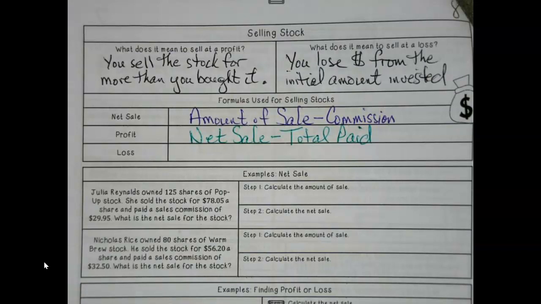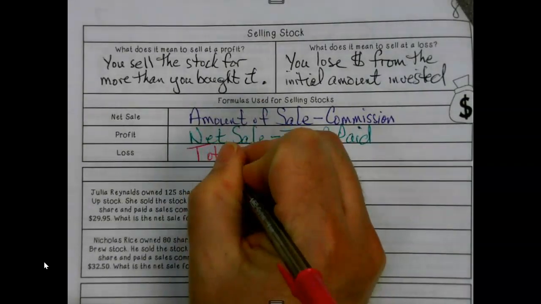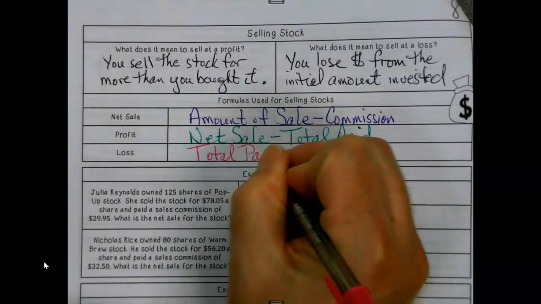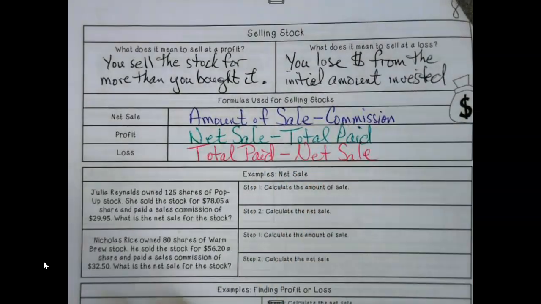So here's where it gets a little more complicated. It's not just, I bought the stock for 85, I sold it for 90, I made a $5 profit on each share. Now I got to go back and I got to see, well, wait a minute. How much did I pay for the commission when I sold? How much did I pay for my stock and my commission when I started? Did I still make money now? Did I just make less, or now am I taking a loss? So we're going to have to be aware of that. And I need to add one more thing over here to the side here.